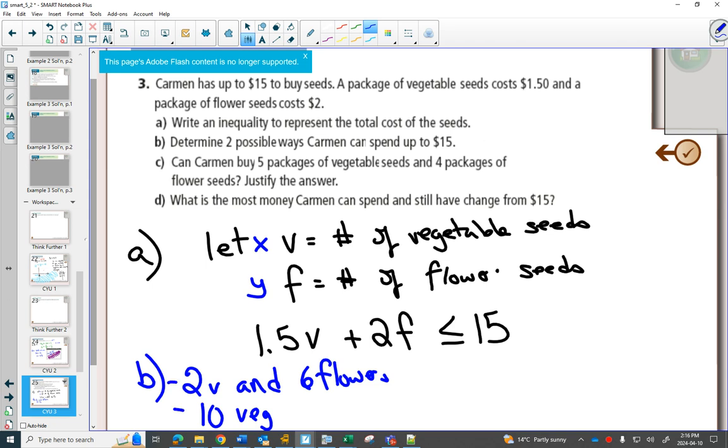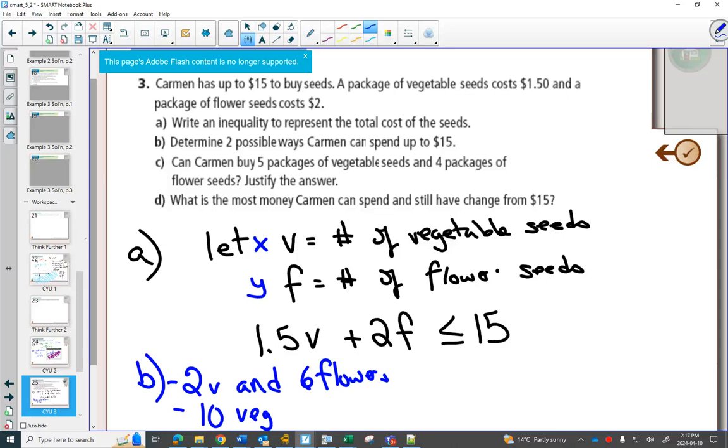Or you could buy 10 vegetables. Perfect. You can't spend all your money and just buy flowers. Unless you bargain. Right? Maybe you go up and say, if I buy 8 flowers, would you do it for $15? But then that ruins our question completely. So,